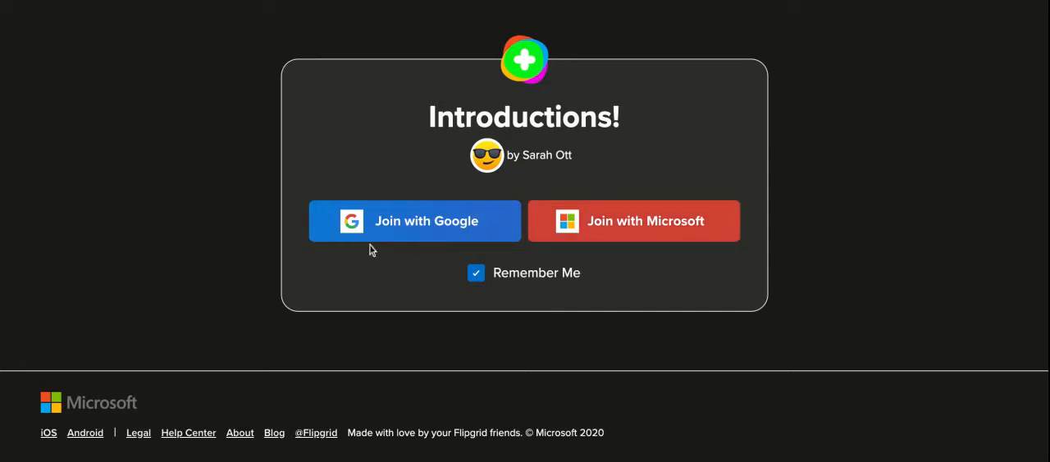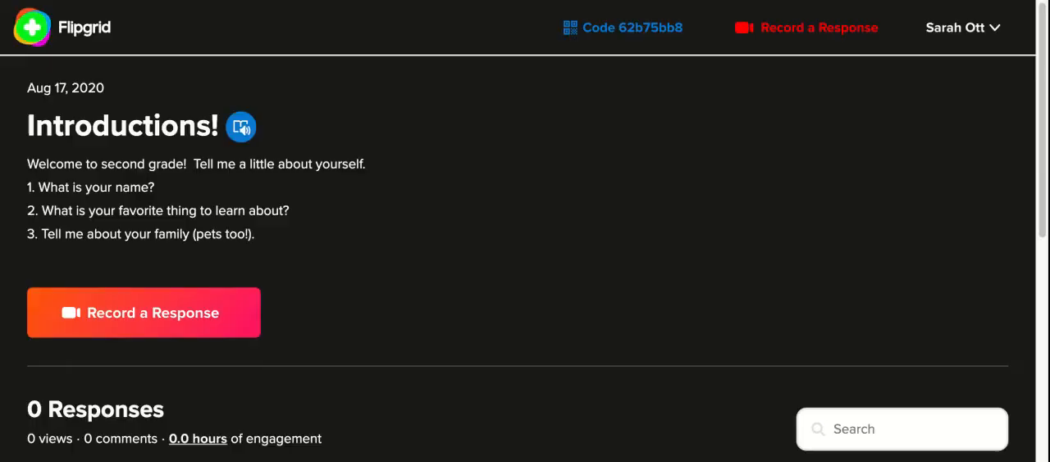When you click on the link, you'll be brought to this screen and you're going to click on Join with Google. From there, you're going to enter in your OFR5 email address and your password, and then that will bring you